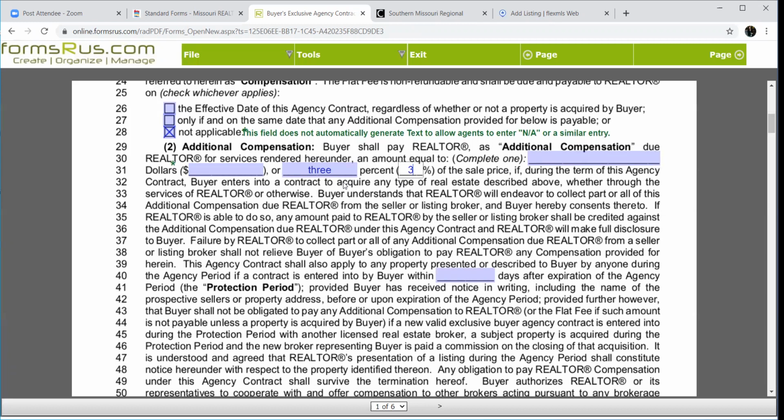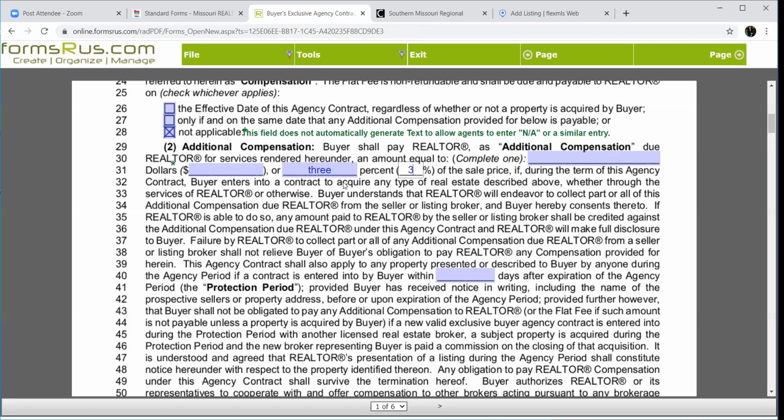Now, if the seller's agent is only offering 2.5%, as you will find as time moves on, soon you guys are going to start seeing foreclosures come across. And odds are you will see different, you need to watch the commissions on those because most of the time they're 2.5% because the bank's only offering 5 to begin with. And then whoever's listing it is going to have to send back a referral fee as well. But if you've got an agreement with your client at 3%